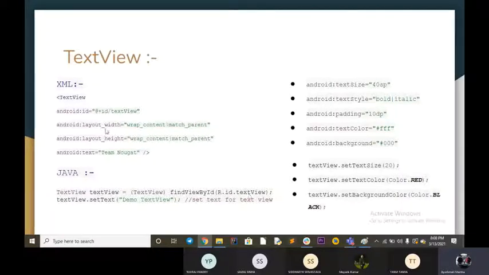Now, if we want to change the name of that text view from Team Noga to something else, what we do is we get that variable name, textView.setText. The setText function gives whatever text we have to put inside that particular box. Like if we give demo text view, then if the box is containing Team Noga written on it, this command will replace it with demo text view. And same is the case for these codes too.